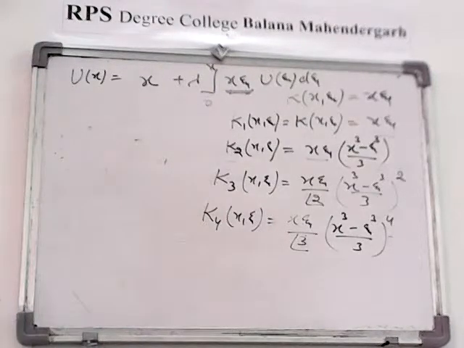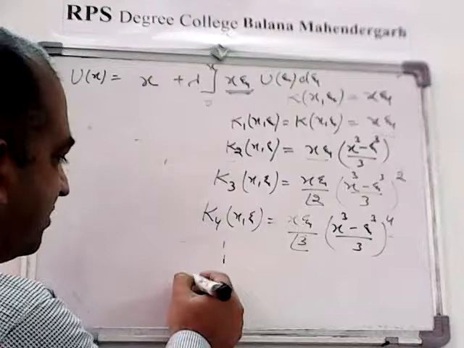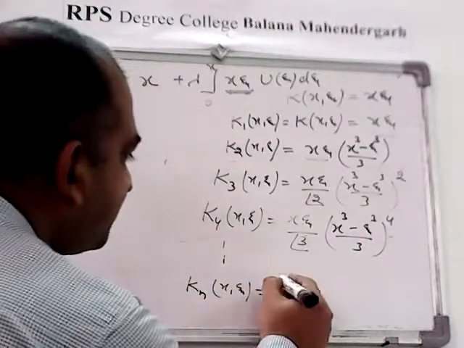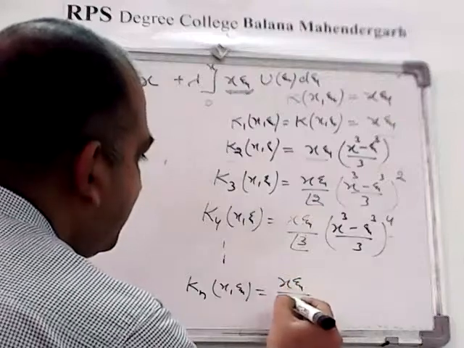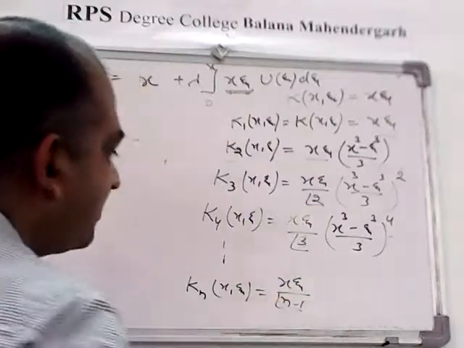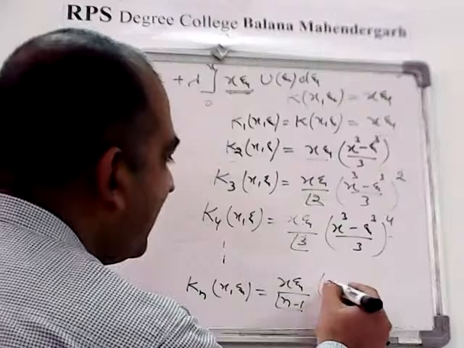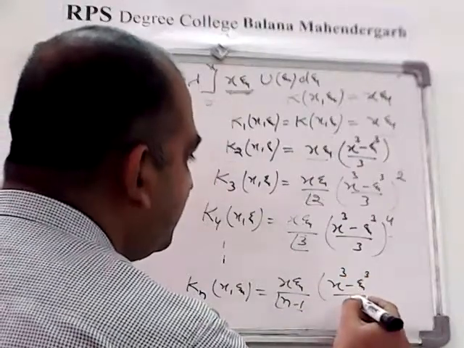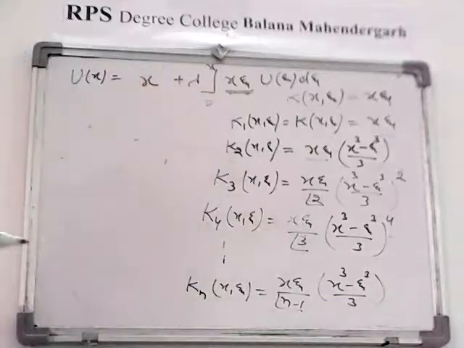In a similar manner, what will be the value of kn? Kn of x comma xi will be equal to x xi divided by n minus 1 factorial, then x cube minus xi cube divided by 3 raised to power